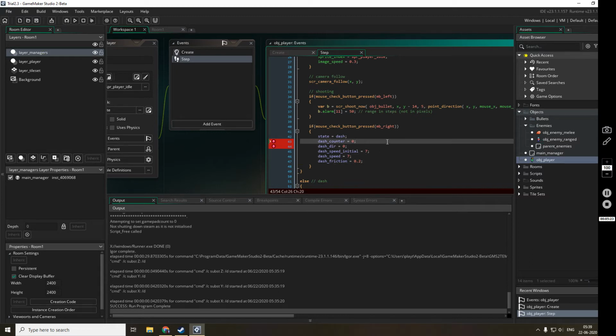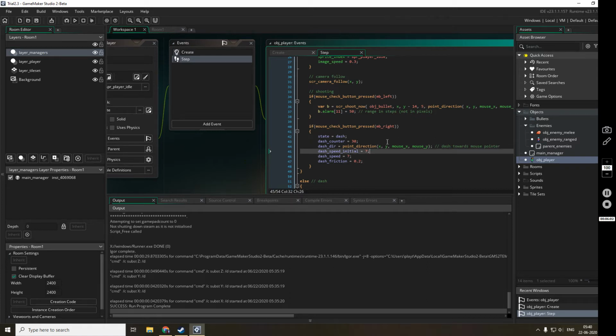So once state is equal to dash, I'll dash for maybe 30 steps, and dash direction is equal to point direction x y mouse x and mouse y. So it will dash towards the mouse pointer.